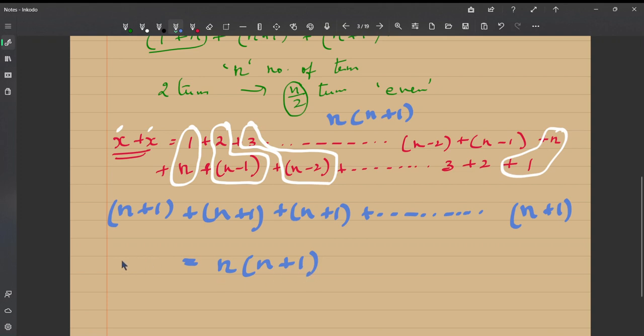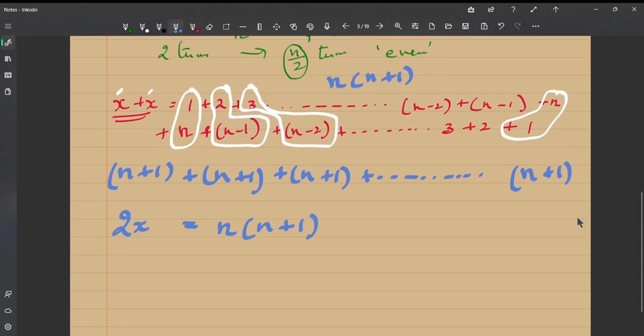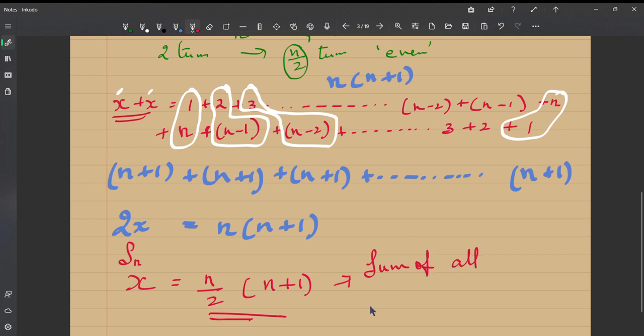What is n times n plus 1? 2x. 2x is equal to n times n plus 1, and x stands for the sum of finite natural numbers. So x is equal to, dividing by 2 on both sides, n by 2 into n plus 1. So whether you represent it as x or s, sum of finite natural numbers Sn, this is going to be your answer. So this n by 2 into n plus 1 is the sum of all finite